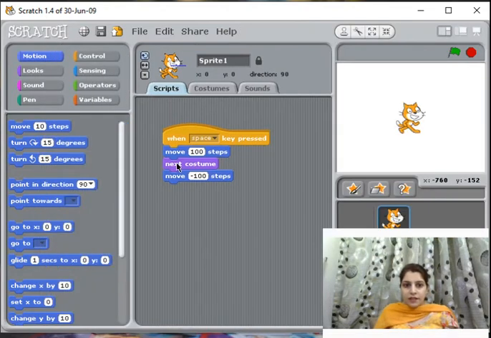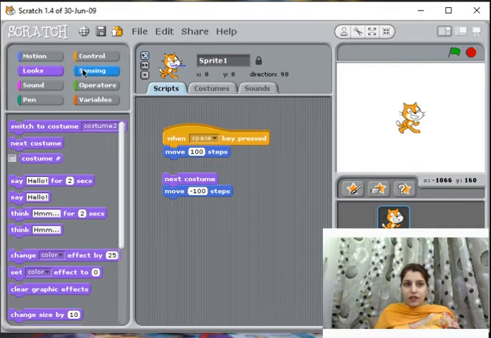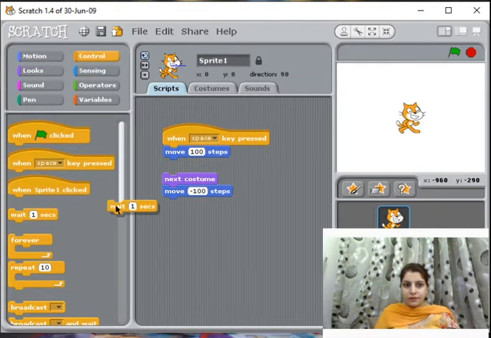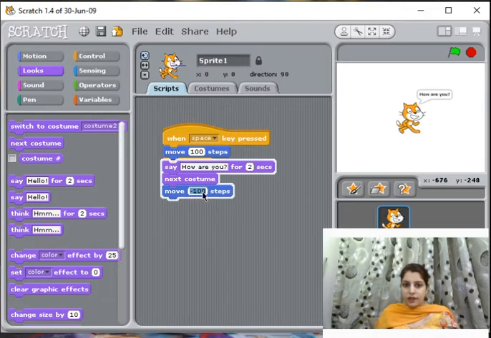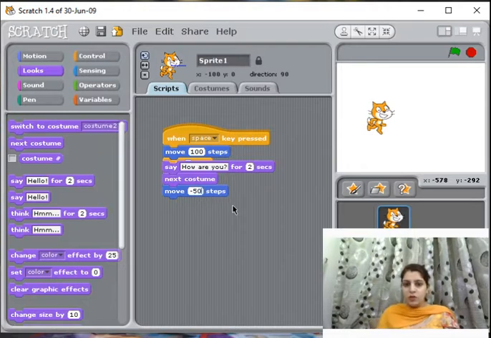So let's take a pause now using a wait block. It will wait and it will say some message too. And now I'm reducing my steps, so it will come halfway back. It will move 100 steps towards the right side, and then it will come back in between, in the middle, that is minus 50 steps.